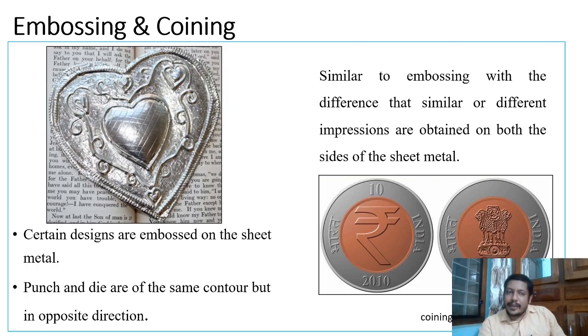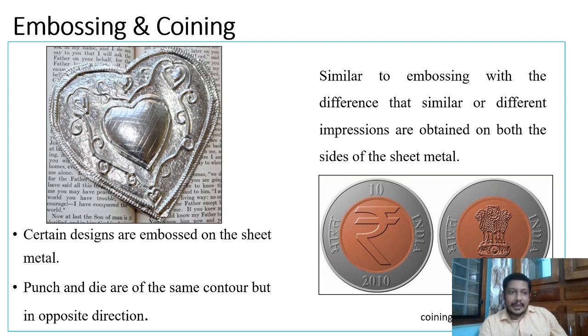Whereas in the case of embossing, your part is projected out from the sheet, while the other side is the opposite replica of it. That is, on the backside of an embossed part, there will be nothing special. Whereas in the case of a coin, you are providing different stampings on both sides of the same or a similar kind of sheet. Those two operations are called embossing and coining.